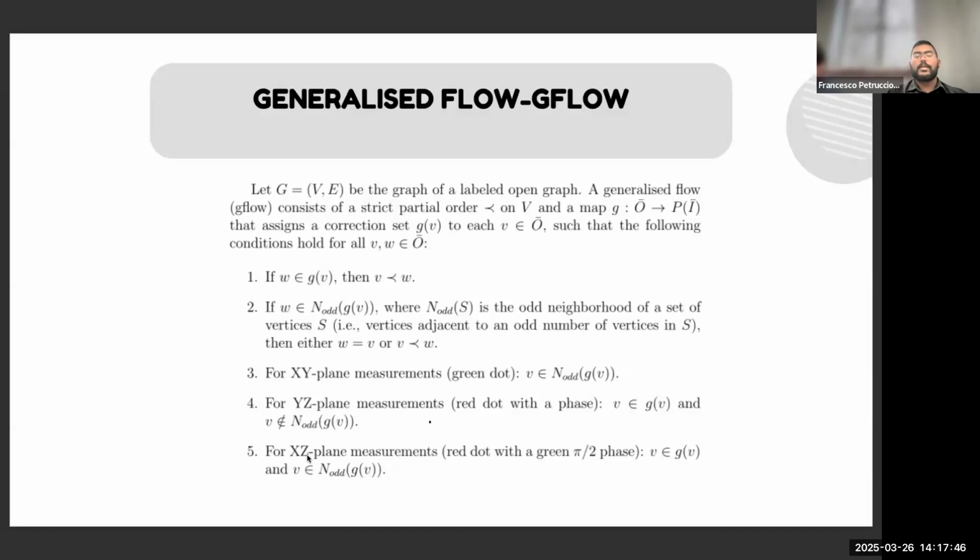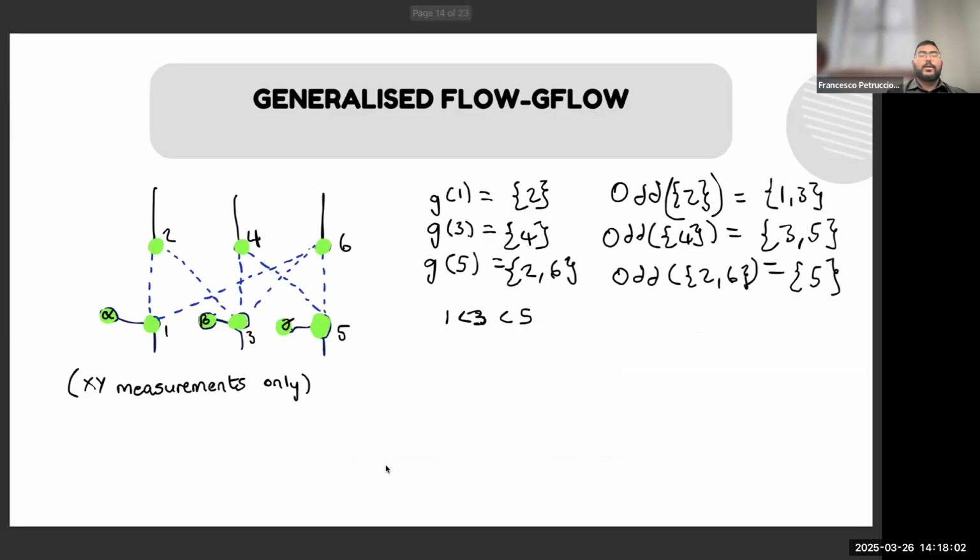the odd neighborhood. And lastly, for the XZ plane measurements, we wanted to get both the green and red pi phase. So we wanted V to be in the correction set and in the odd neighborhood. And that is why we get these last three conditions. But let's look at a basic example of this, which was the pattern we showed earlier, which I said was